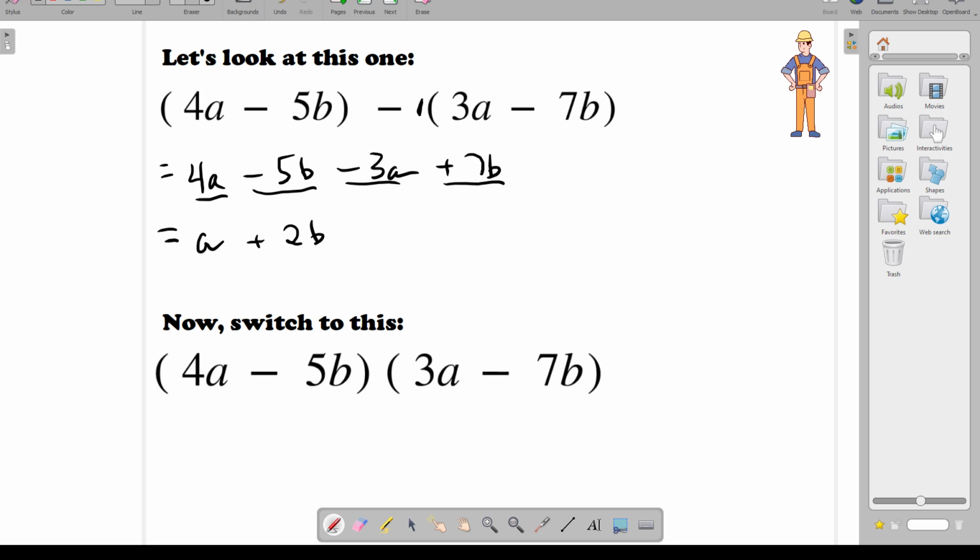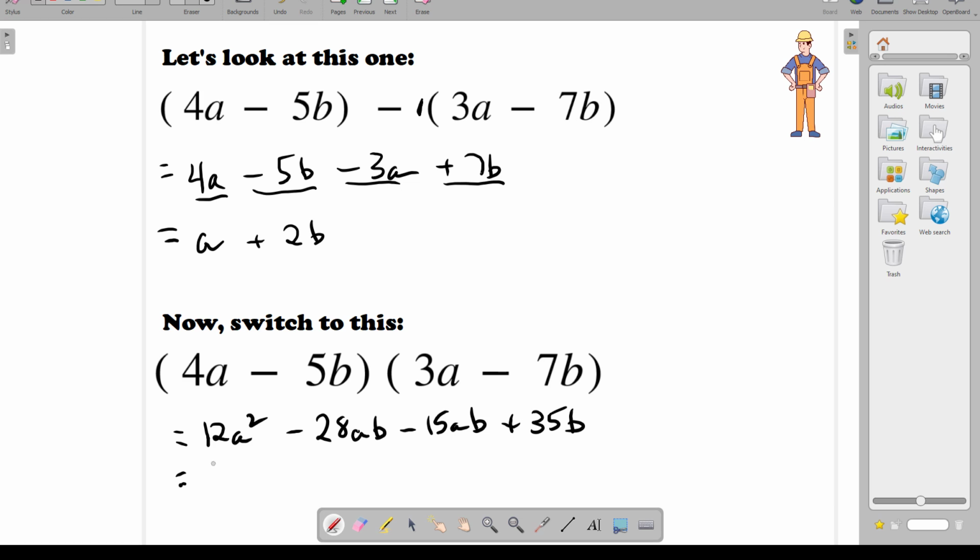But now if we take the same two expressions, but this time multiply them instead of adding them or subtracting them, we take 4a and distribute it over the 3a and the negative 7b. 4a times 3a is 12a squared. We're multiplying, power times a power. The exponents get added. 4a times negative 7b is negative 28ab. Negative 5b times 3a is negative 15ab. And negative 5b times negative 7b is positive